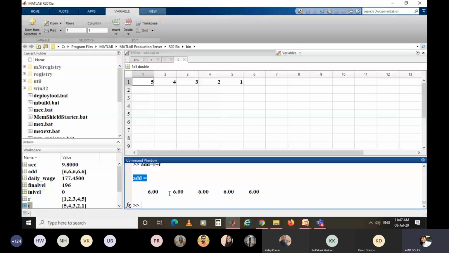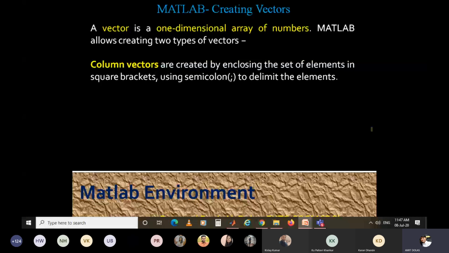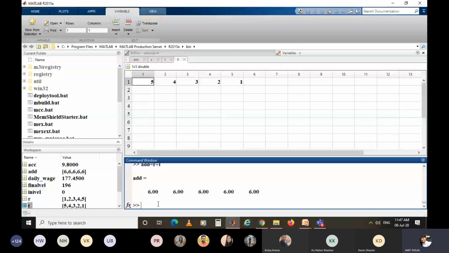So another one is a column vector, created by enclosing the set of elements in square brackets using a semicolon to delimit the elements. In this example, if you use a space or comma, it will be treated as a row vector.